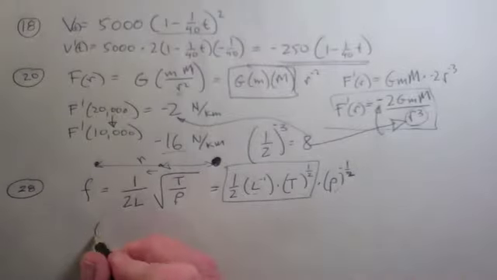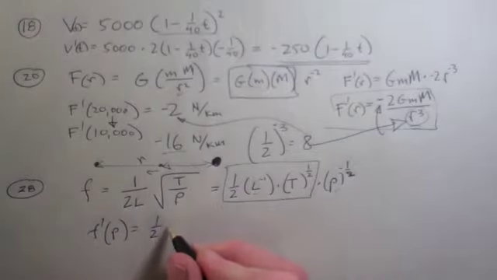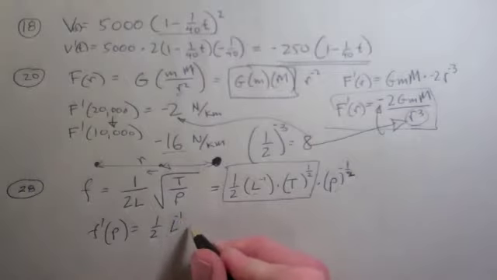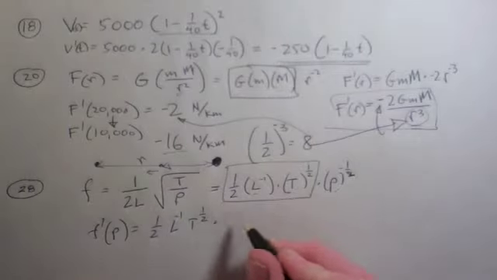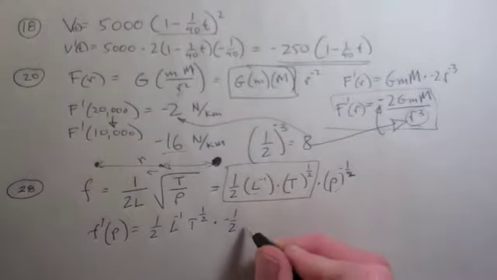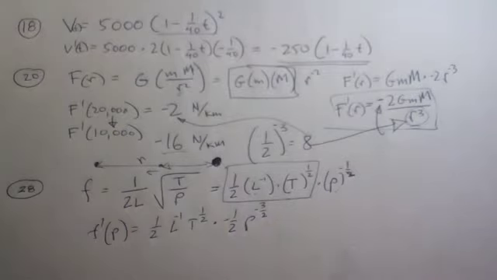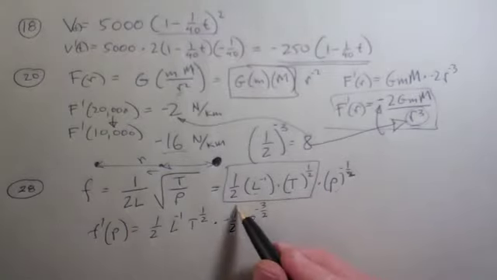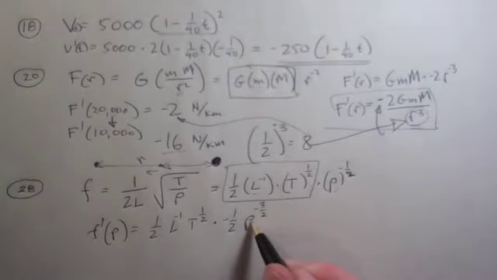So f prime in terms of rho will be 1/2. These are all constants. They do not change. L to the minus 1 and T to the 1/2, but then times negative 1/2 rho to the minus 3/2. Okay? So we've got the derivative, and if we consider rho as being the only variable there,